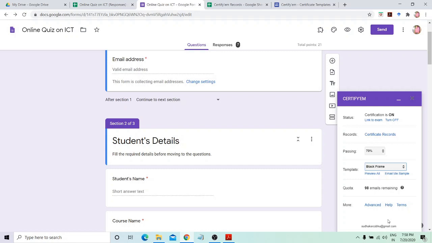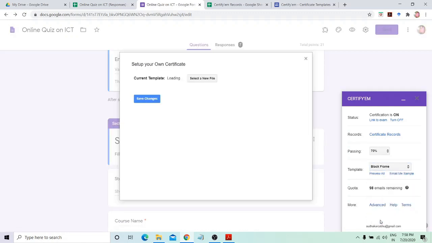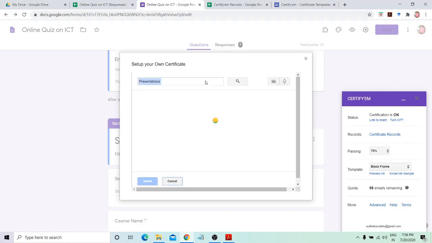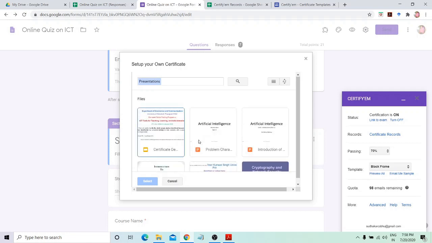Simply click on custom template. It will lead you to this box. From here you can choose your predefined template. For example, the predefined template should be available in your Google slide.